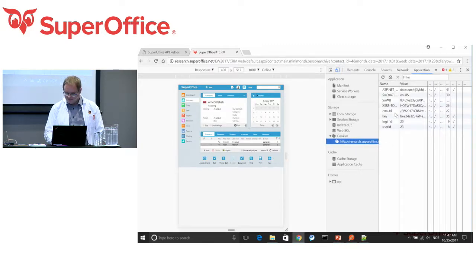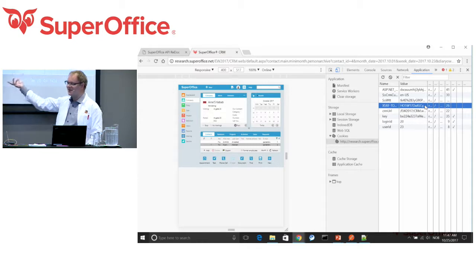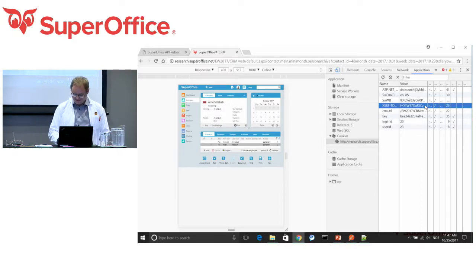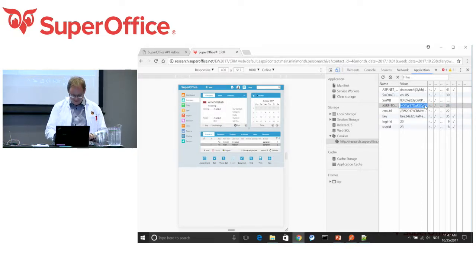There we go. See, there's an XSRF token cookie. And if we can read the value of that and use that in our request, we can piggyback on the request here. So then we don't have to provide a... So if we copy that value